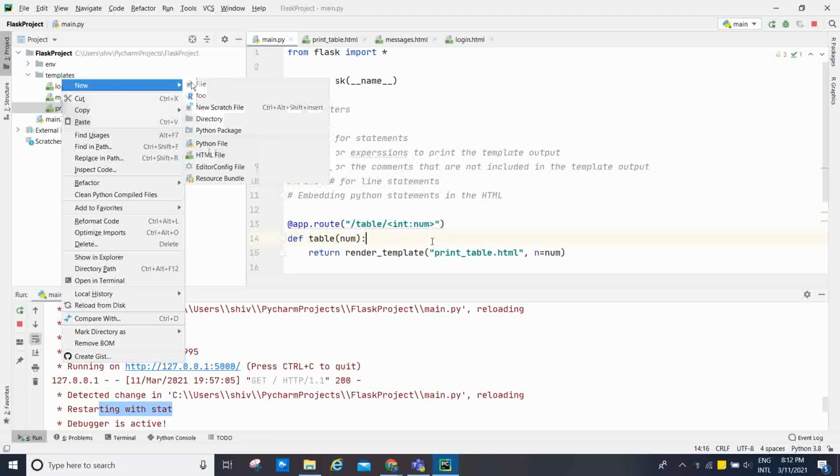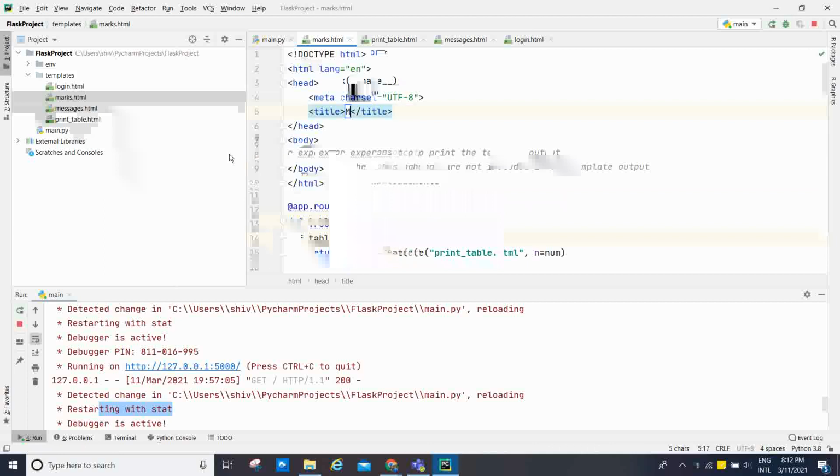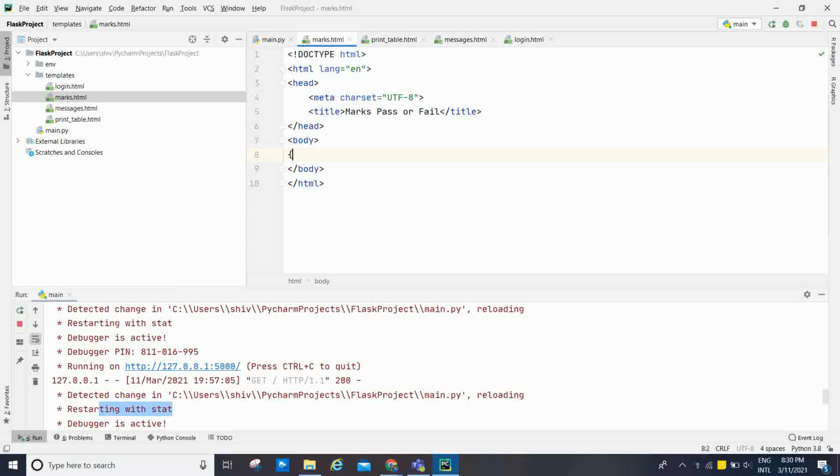Now I'm going to show one more example. Based on the marks, the result is going to say pass or fail. Okay, marks, pass or fail. Inside the body, what we are going to do: now I'm going to show curly bracket percent, open and close, if marks greater than 50, percent close, then it will say h1, your result is pass. Okay,